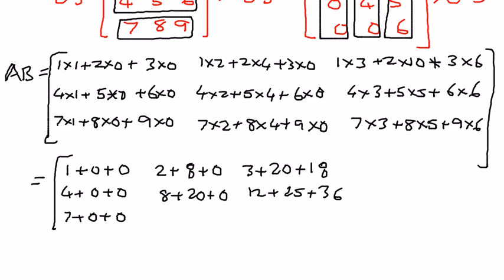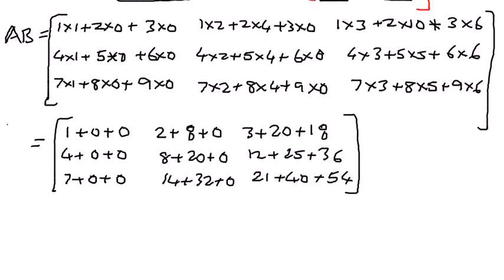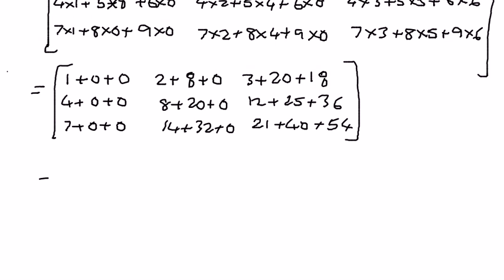Then the last row will be 7 times 1 is 7, plus 8 times 0 is 0, plus 9 times 0 is 0. 7 times 2 is 14, plus 8 times 4 is 32, plus 9 times 0 is 0. Then 7 times 3 is 21, plus 8 times 5 is 40, and then 9 times 6 is 54. Let me write this a little bit more clearly. And now we want to simplify this some more. The way to do that is as follows. 1, 2 plus 8 is 10, and then 3 plus 10 is 13, 13 plus 18 is